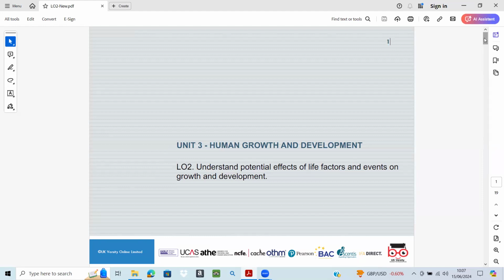Then, if we talk about the cultural factors, cultural factors and values shape the way individuals grow and develop within their communities. For example, in some cultures, independence and self-reliance are encouraged from a young age, which can foster problem-solving skills and confidence. And in others, community and family bonds are prioritized, which can help develop strong social skills and support systems.